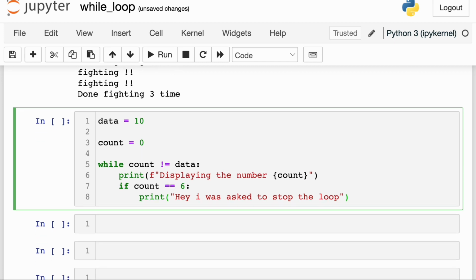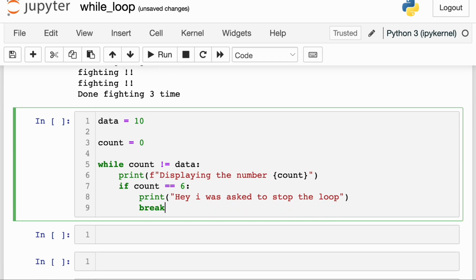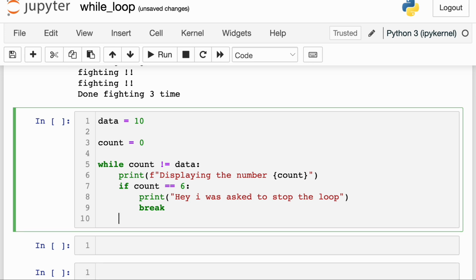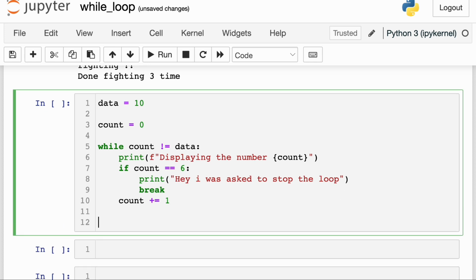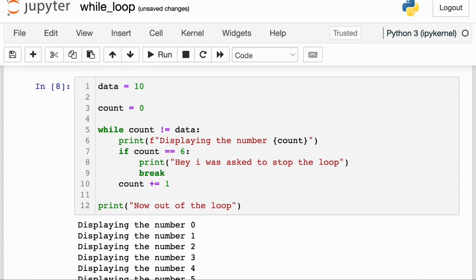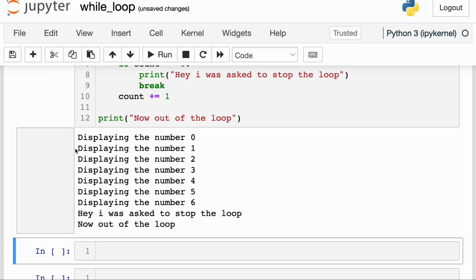So what is going to happen here is that I'm just going to bring the break keyword over here, and I'll increase the count by 1, so count plus equal 1. Then after I'm done increasing the count, I'm going to have a print message displaying "so now out of the loop." Okay, now when I run this program, we will see that we have the message displaying the numbers